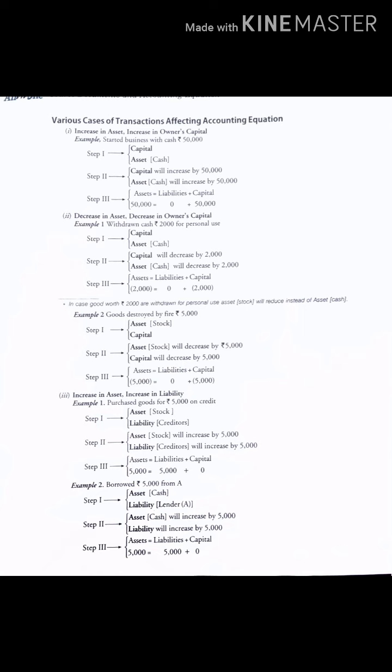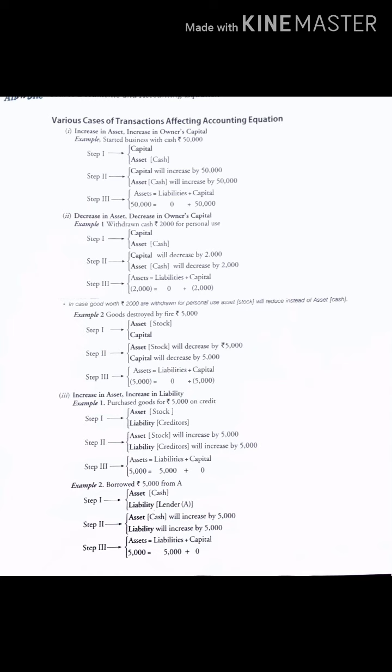So it was a part of capital. So two variables being affected are assets and capital. Now second step, we will see whether it is increase or decrease. Okay, now it is destroyed by fire. That means it is burnt out. Burnt out, that is stock is what? Decreasing. Again, capital is what? Decreasing. Why? Because it has gone, right?